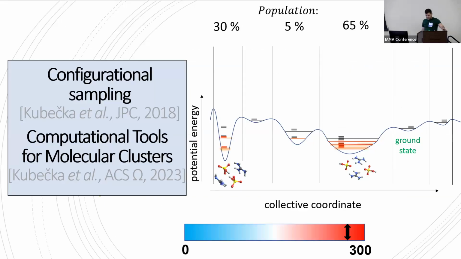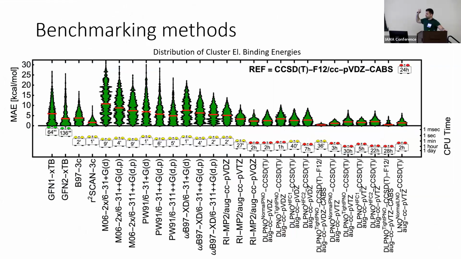What is this energy? For that, we of course solve the Schrödinger equation. There are many methods. Please don't get scared, but there are many methods like this that we quantum chemistry guys use. Often it looks like they have random numbers and letters, but that's not important. What is important for you to understand is that we are trying to find methods that suit our system, that have the least mean absolute error when it comes to the energy and also take the least computational time. In quantum chemistry, the chemical accuracy is approximately 1 kcal per mole. This is what we are trying to reach.